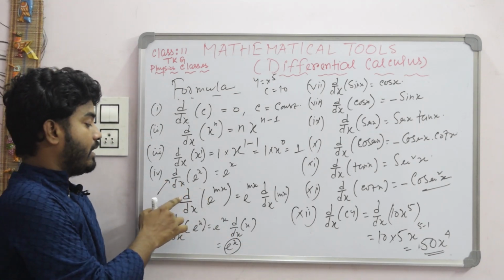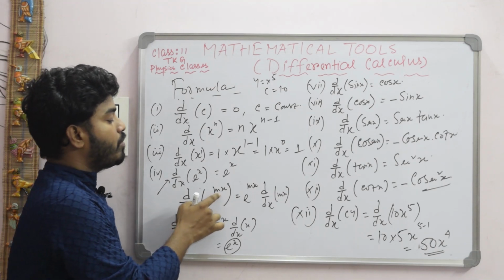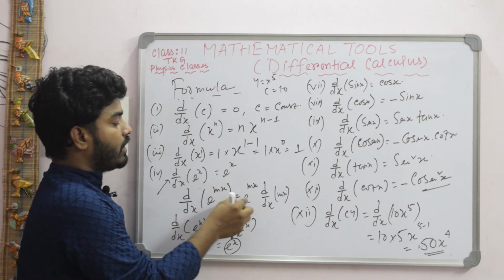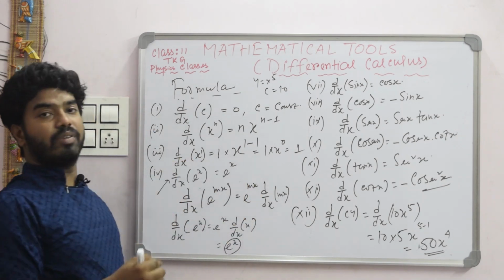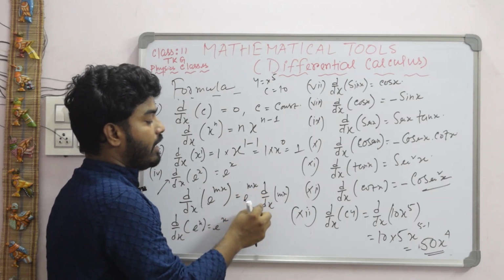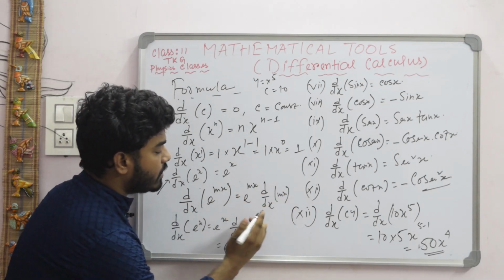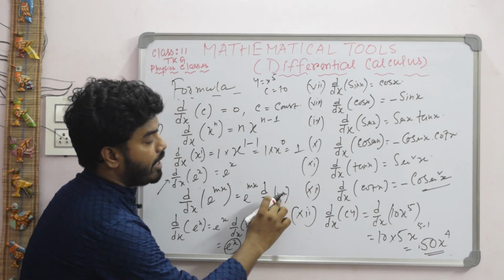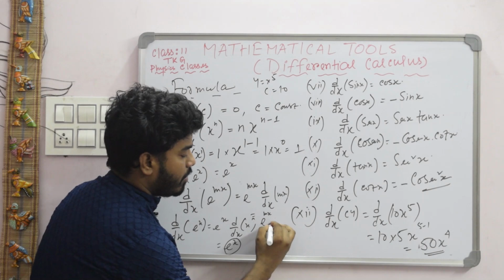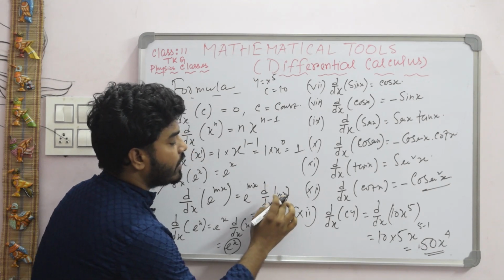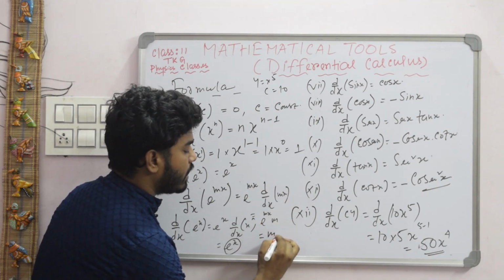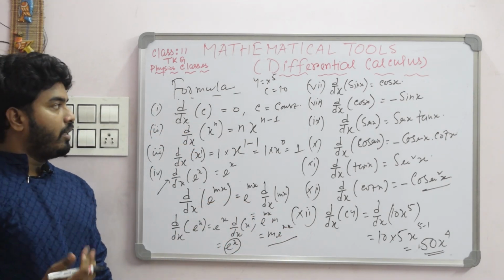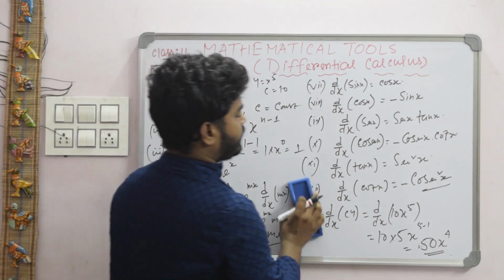But when there is this type of function, d/dx of e to the power mx, that means at first you differentiate according to this rule, that is e to the power mx. Again you have to differentiate this function, that is d/dx of mx. So what will be the answer? The answer will be e to the power mx, and here m is constant, x is variable. So m will be outside, and d/dx of x is 1. So the answer is m e to the power mx. Right? Okay, let's take another example.